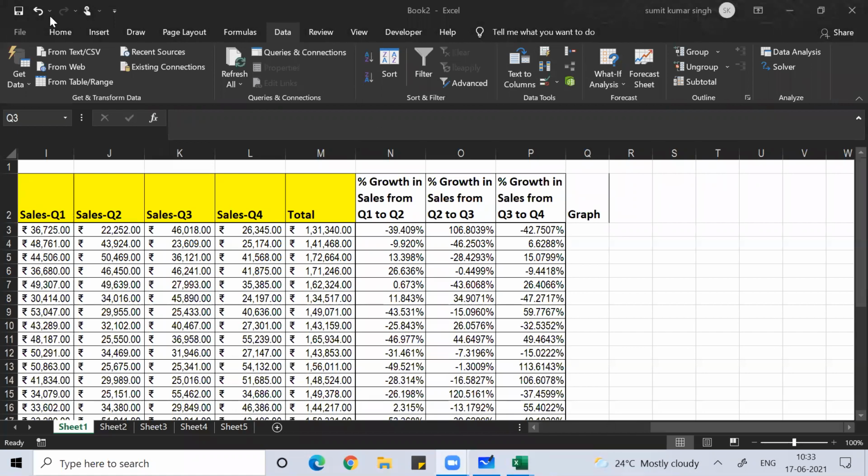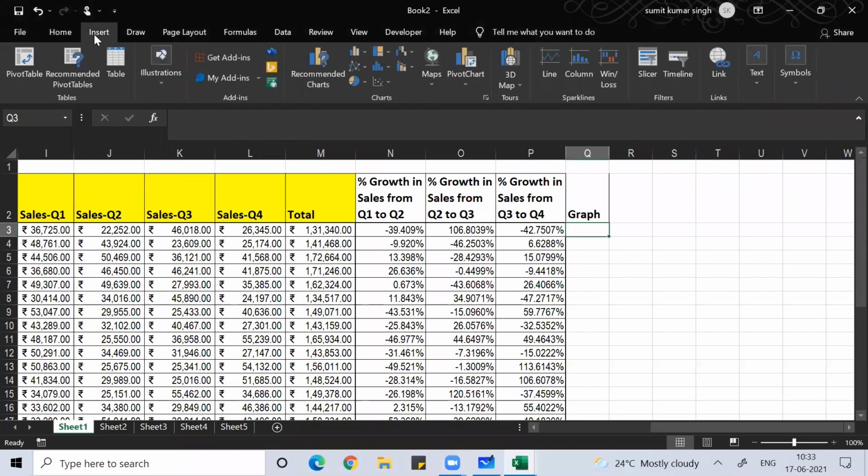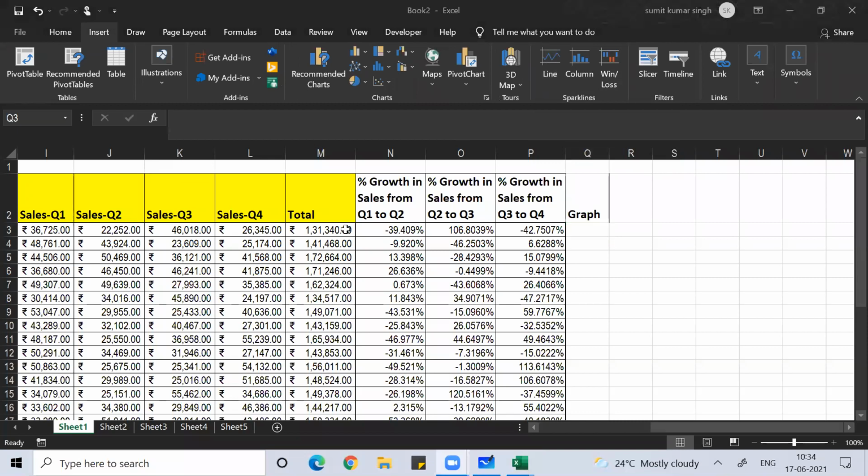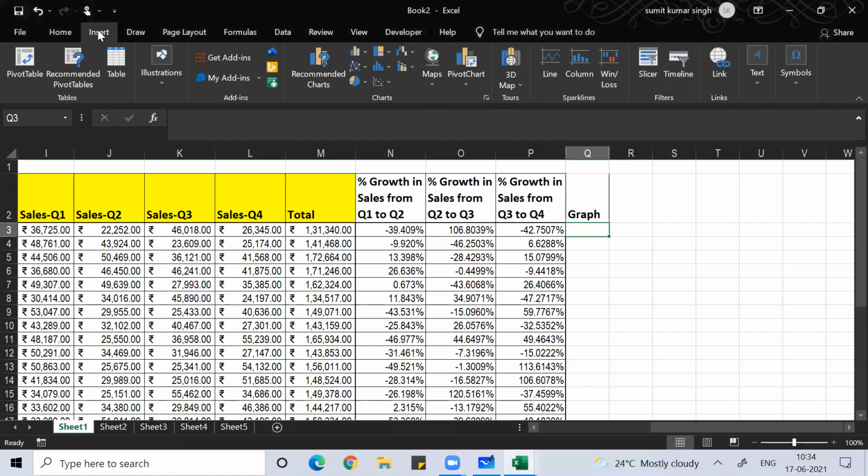So you check where is the sparkline. Yeah, it is there under insert. Under insert, can you see sparklines like line, column, win and loss? Like that, you can make a graph on a cell-wise basis.